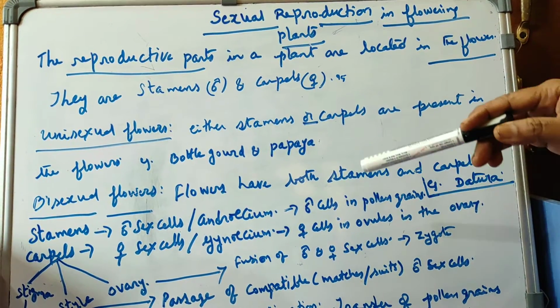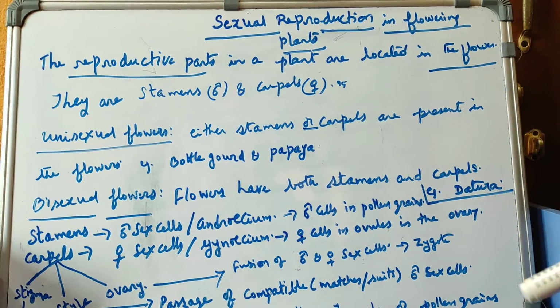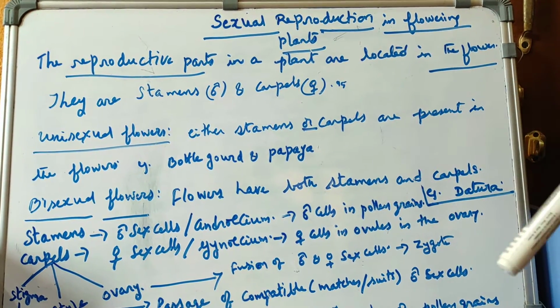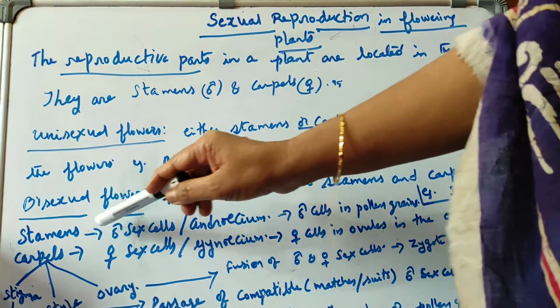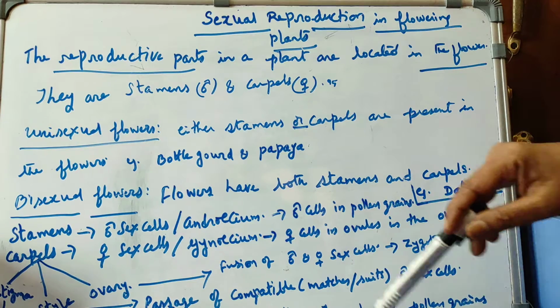But the only thing is, they will go, sometimes they will go for self-pollination, sometimes they go for cross-pollination. So the situation is different for those things. And here stamens, the male sex organs, are androecium we call, and carpels, the female sex organs, are gynoecium, and male cells